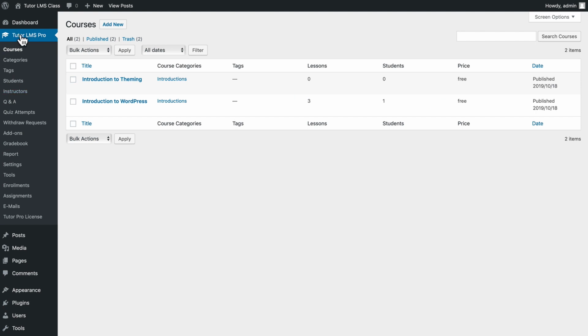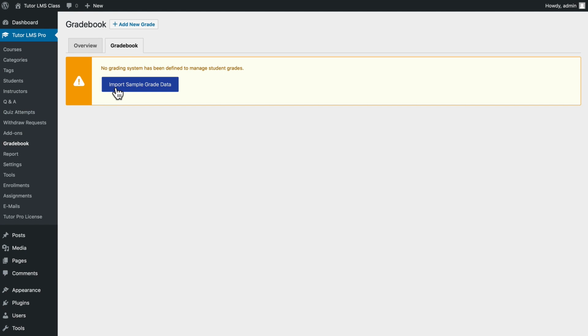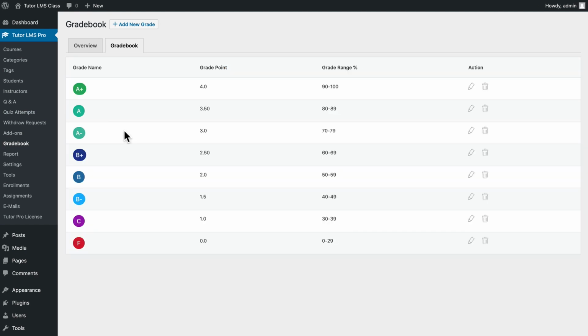When I hit refresh on Tutor LMS, I've got new menu items here: Gradebook, Reports, Enrollments, Assignments, Emails, and these are just going to make our life a lot easier. If I click on Gradebook, Tutor LMS gives me the ability to import sample grade data. I'm just going to do that real quickly. Gradebooks allow me to set up the grades that my students might receive. So again, if I'm using this in a school, I can tailor the gradebook to whatever the school's policy is,